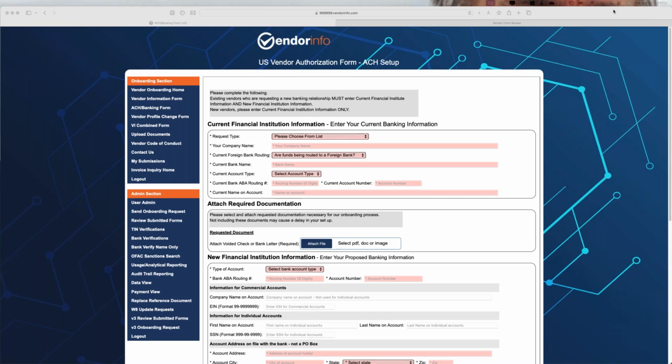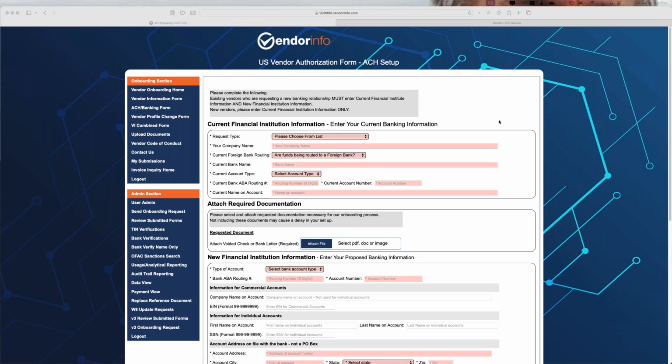So it's great to be here, and thank you all for joining us on this webinar today about automating your bank account verification, bank account ownership verification. So you're looking at a screen that you can have your vendor go to. It would be branded according to your company, and the vendor can fill out information about their bank account. You can have this vendor facing, like you're seeing right now, or, as I'm going to show you in a minute, you could have it not vendor facing and you can enter the information yourselves.